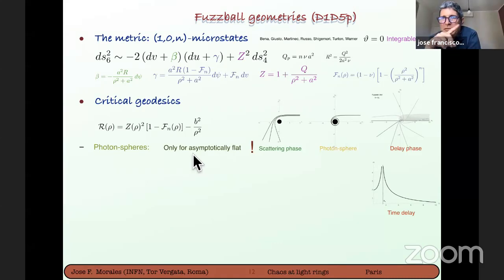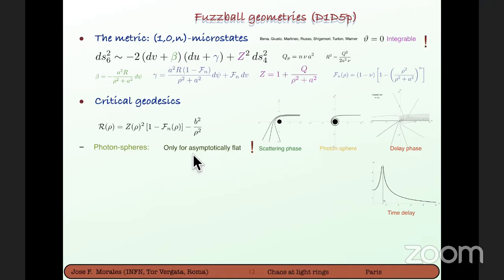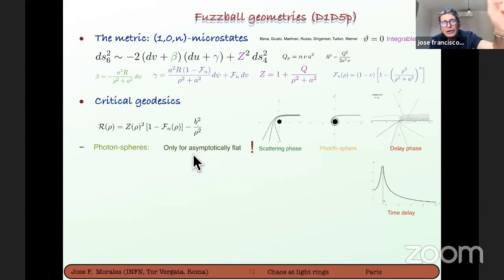Yes, we did before, but we don't have it for fastball. We still don't have a good understanding of the geometries of fastball in 4 dimensions. But in this case, let me say again: here there are photon spheres. I'm not saying that there are no photon spheres. There are photon spheres that you cannot reach from infinity. You can do a scattering near those photon spheres. For example, Joseph and collaborators study some geodesics near the photon sphere. They consider also geodesics in these asymptotically AdS geometries. My point is not that there is no photon sphere. There are photon spheres, but you cannot reach them from infinity.